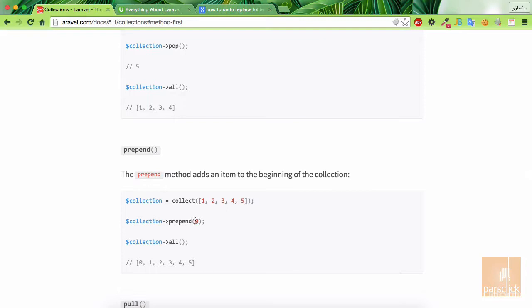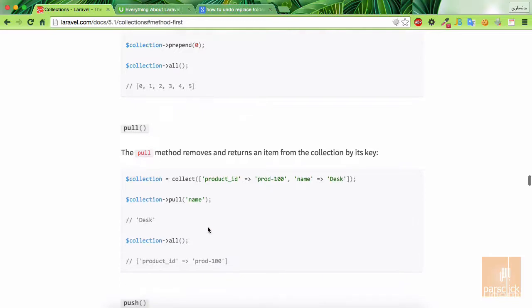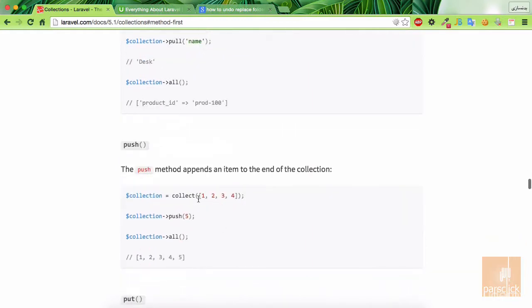In this case, you can see that we have 0, and we prepend it to this collection or array. We have pull. It pulls something out of the collection. In this case, you have to pass a key and then it pulls it out. We have push, which does the opposite of pull. In this case, you pass a 5 and it's going to push it at the